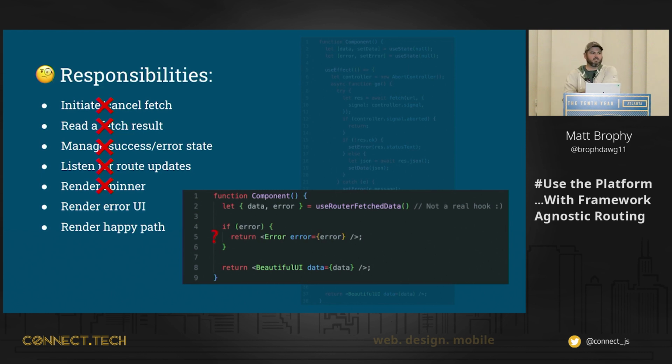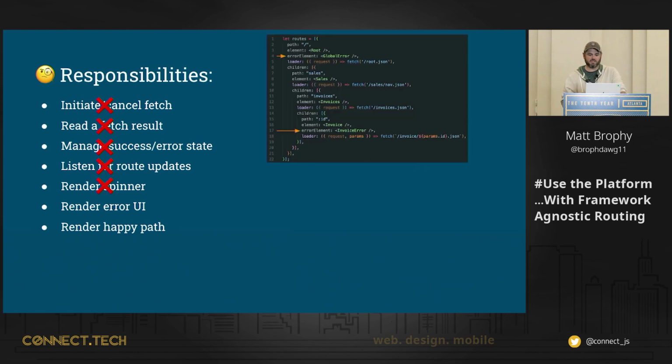But we still think that's tricky, right? Because it's still a branch in our code where now we're thinking about 2 different things at this component. We want to get to the point that we can just think about happy path most of the time. And if there's an error, we can deal with that in a separate area. So a way to do that is to just add alongside of our elements. We already have the ability to say when this route loads, render this element. We're just going to put a sibling right next to that and say when the loading data step fails, render this element instead. So now we have an either or decision that's happening at the router level,